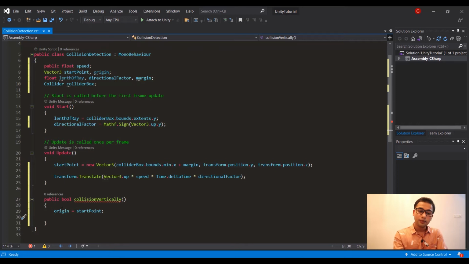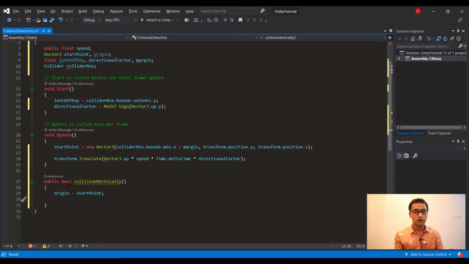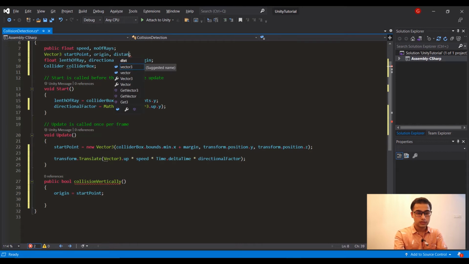Then I'm going to get the distance between one ray and another ray. So how I'm going to do that is, let's create a variable called number of rays. So how many rays I want to create, number of rays, and another variable will be distance between rays.